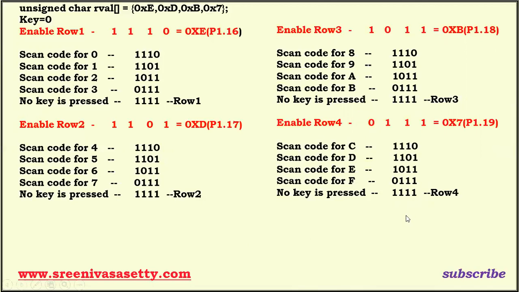The 16 in decimal equals 10 in hexadecimal. Therefore, compare with this value 16 or 10 in hexadecimal. If it is 10 in hexa, then it indicates no key is pressed in any row. Then make key equal to 0. Start from beginning. Enable row 1. Do the same thing. Repeat the same thing. How many times? Infinite times. It must be an infinite loop.